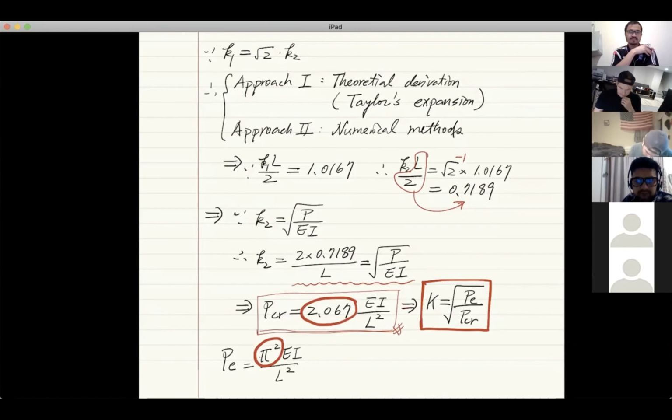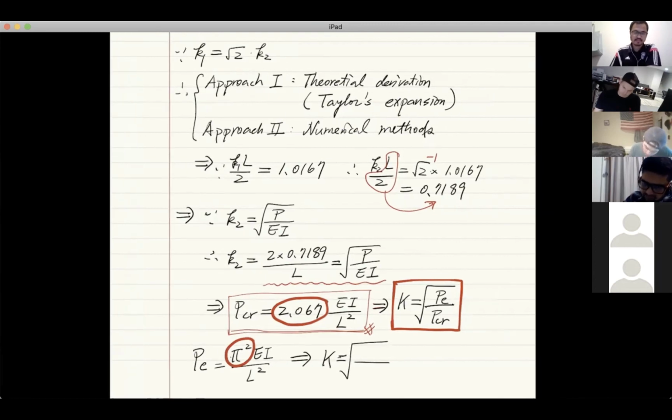When you calculate the effective length factor, what you have to do is just do this. Square root of, for the PE, just take pi squared. What about PCR? Just take 2.067 here. Then we'll give you very nicely this number to be 2.1853. And there, we have found the effective length factor for this column as well,